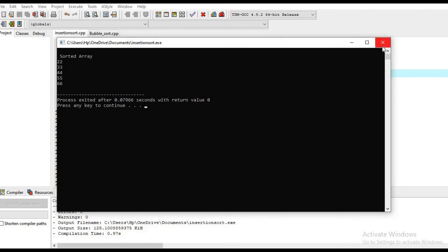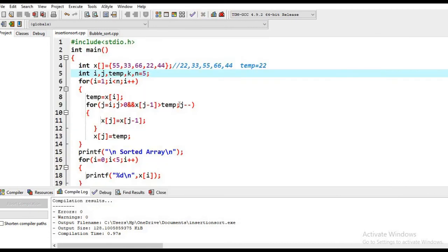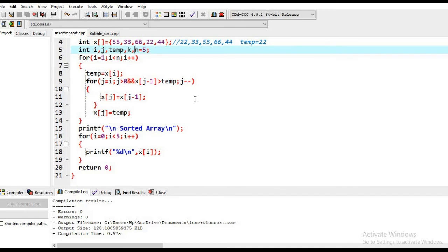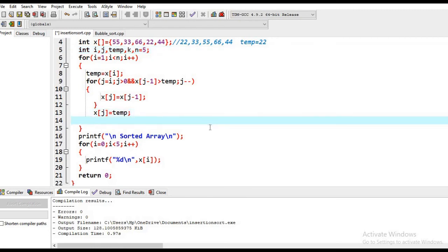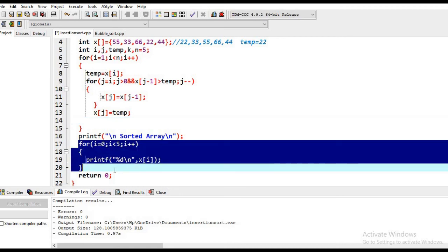If you want to see what exactly is going on inside this in each and every pass, then I can also show you that. For that we can do one thing. We can copy this.